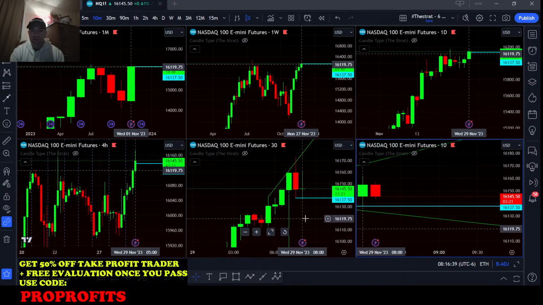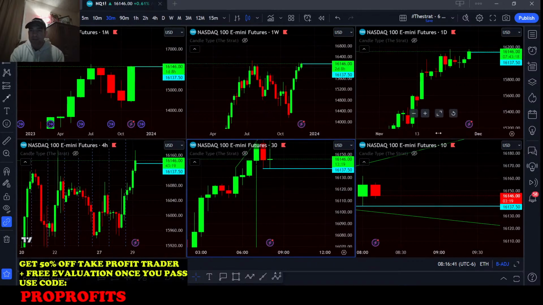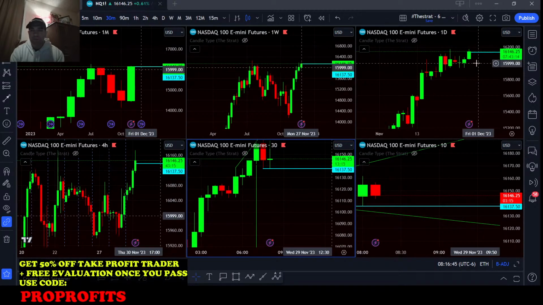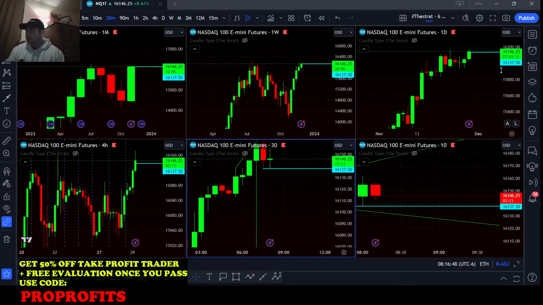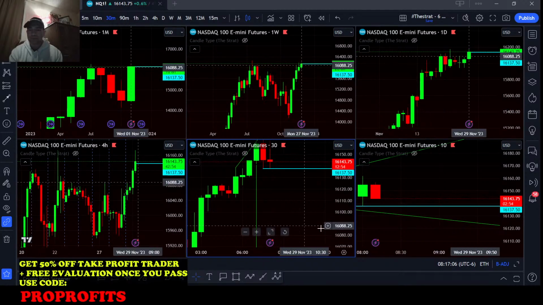This might be a reversal session or a pullback session, creating a bit of a wick on the daily chart. So we'll see if that happens. This might be a short term session to trade to the downside. Price can't always just continue going up. So we'll see how that plays out.